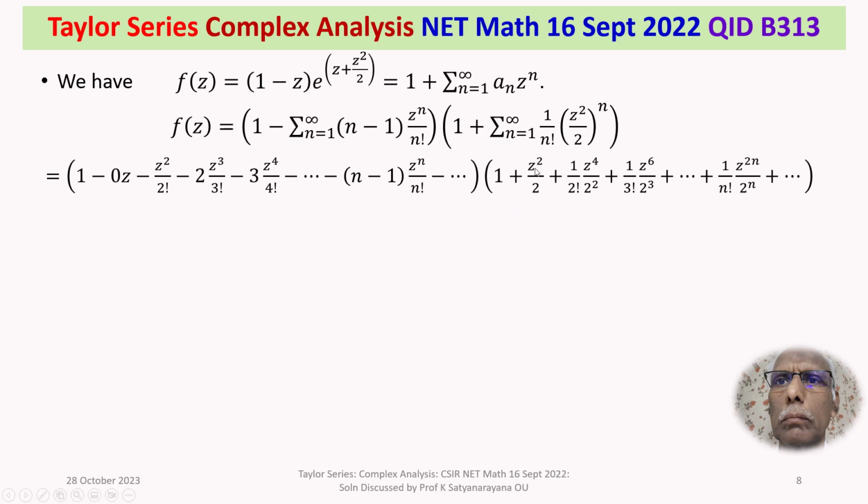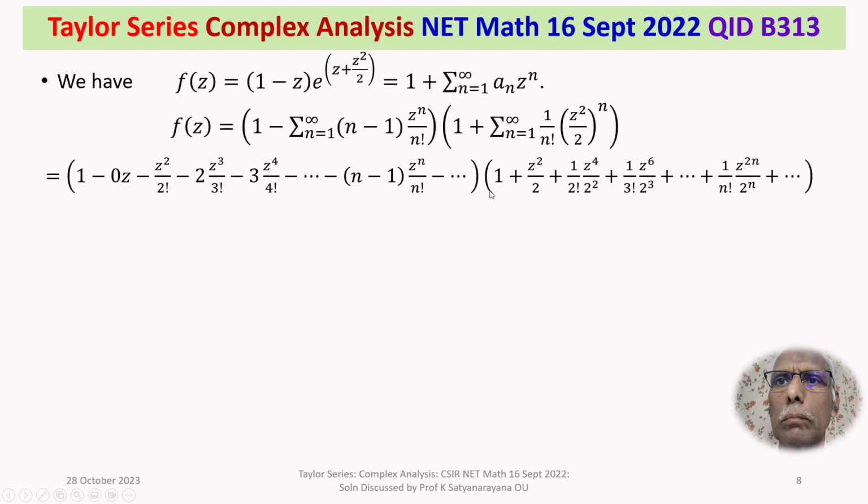Then 1 plus, for n equals 1, z square by 2; n equals 2, 1 by 2 factorial into z power 4 by 2 square; for n equals 3, 1 by 3 factorial into z to the power of 6 by 2 cube, plus and so on and so forth. We have written. Now multiply